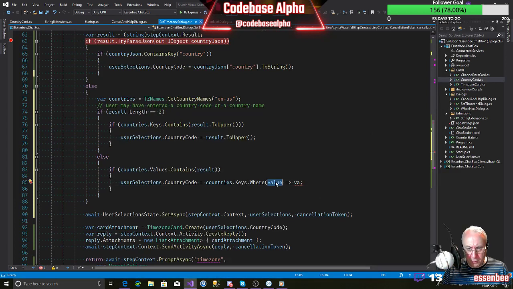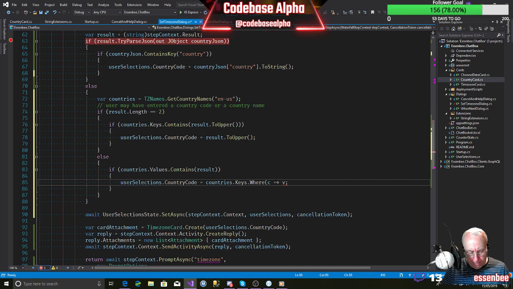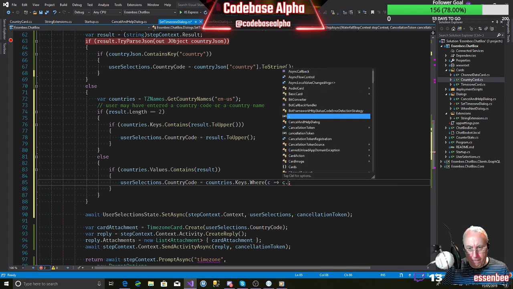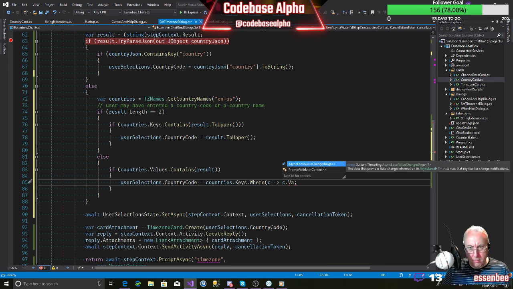So we better not use the word value. Let's use C. That's interesting. Oh, first or default.